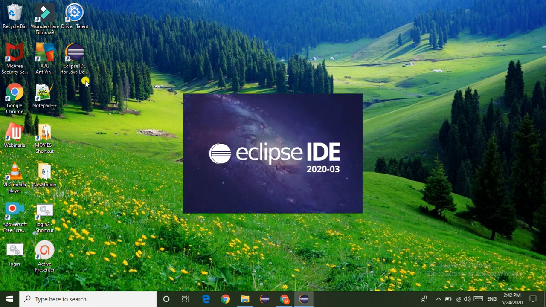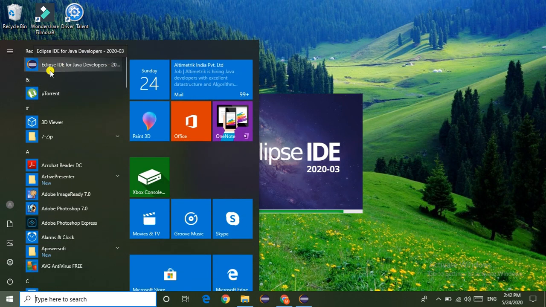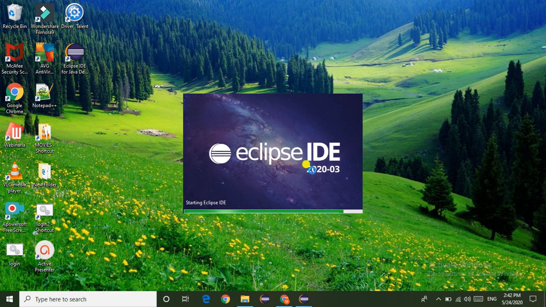Here we can see the shortcut of Eclipse on this desktop, and one more shortcut is created in the start menu. Now it is going to start the Eclipse IDE.